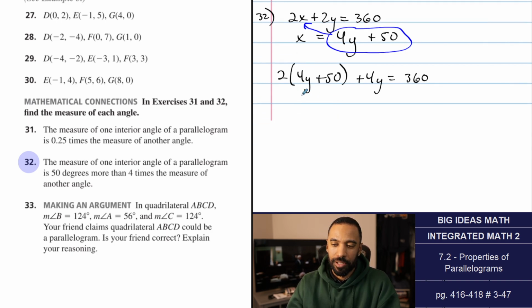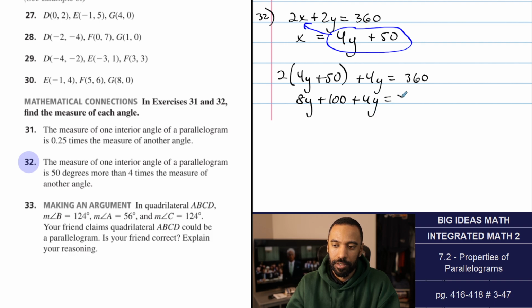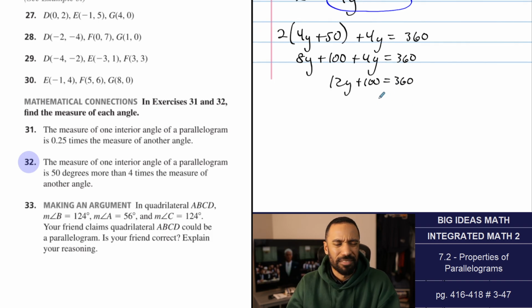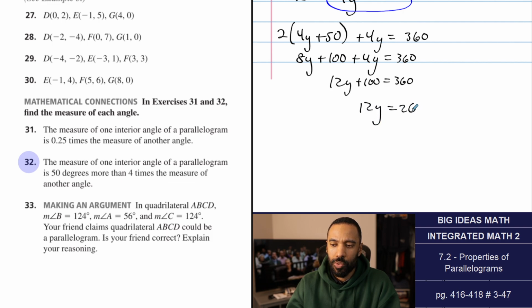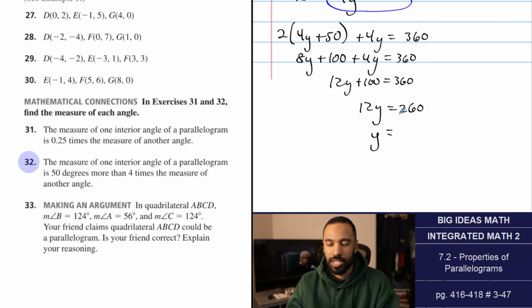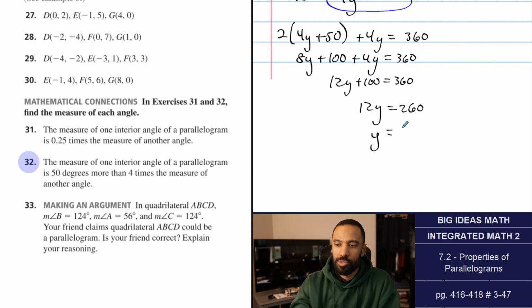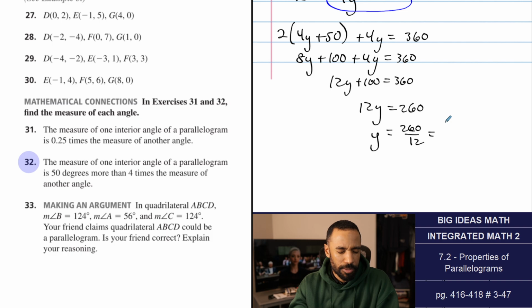Distribute, solve all the works. 8y plus a hundo and 12y plus a hundo. See if this number's clean. I don't know. We'll find out. 12y equals 260. Doesn't seem like it's clean. 260 over 12, which reduces to 130. Oh, it must be able to divide by 4. 260, 65. 65 over 3